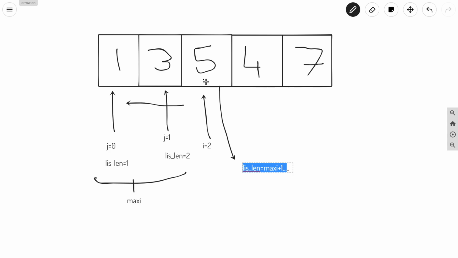So basically you can see that for this case, if we are ending at 5, you can have only one LIS, that is 1, 3, 5. Okay, but what about 7? For 7 you can see that our maximum will be from 5 also. So let us talk about index 7.